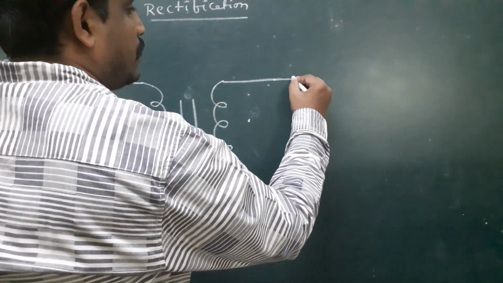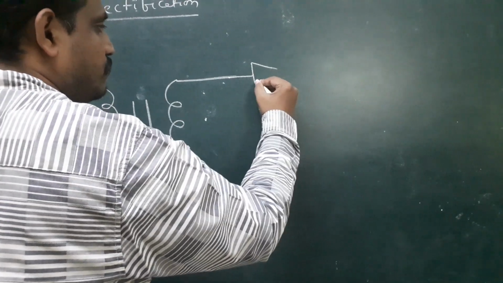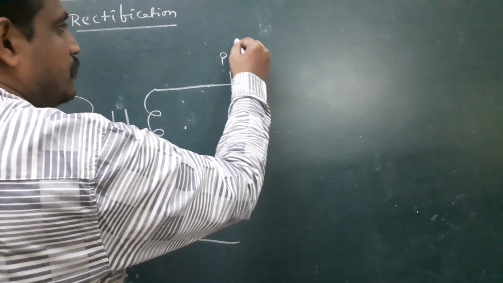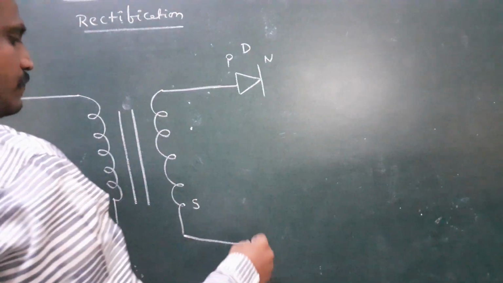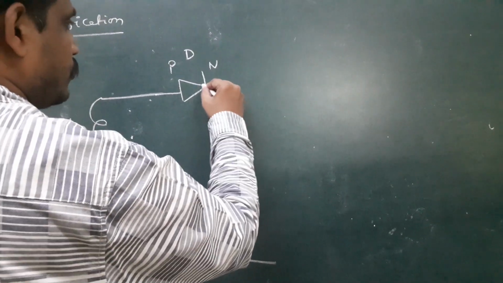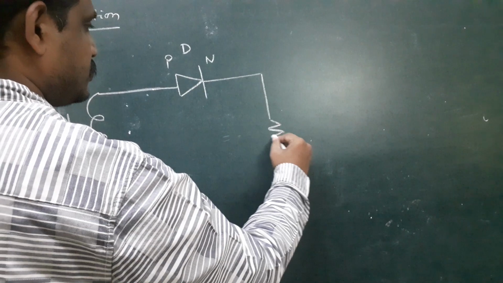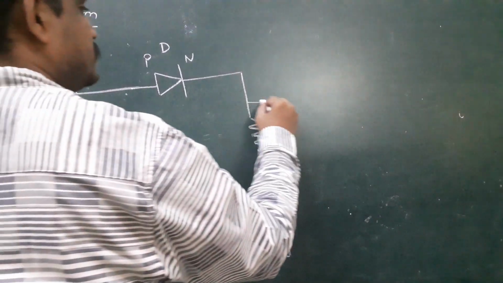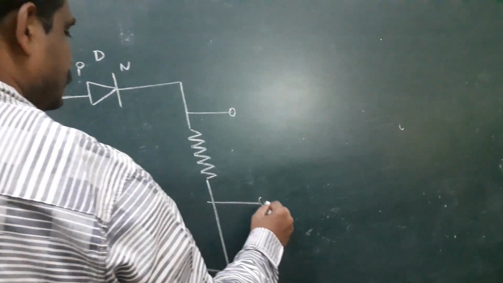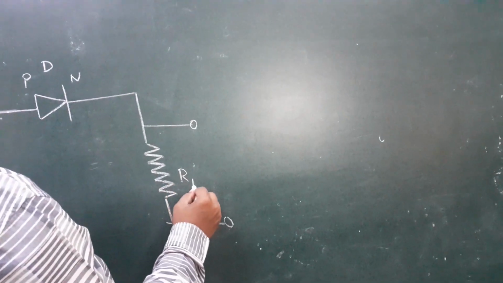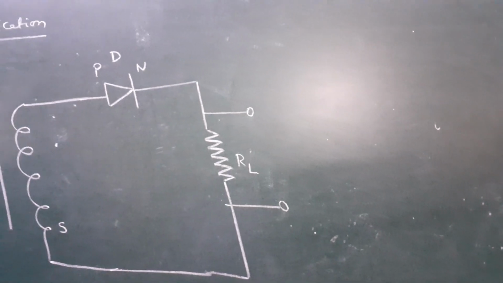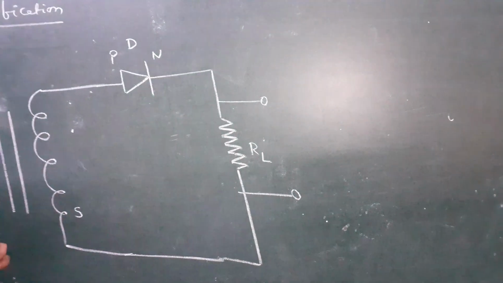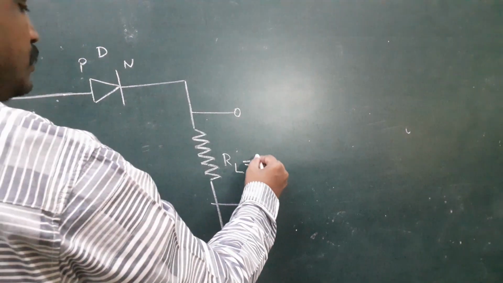Here, nana, I take a diode. This is the symbol of the diode. This is P, this is N, this is the diode. Okay, here, nana, both are connected to a resistor. Here this is the output measured, nana. This output resistor is nothing but the RL. Here what is the use of RL? Here to measure the RL, meaning load resistance.